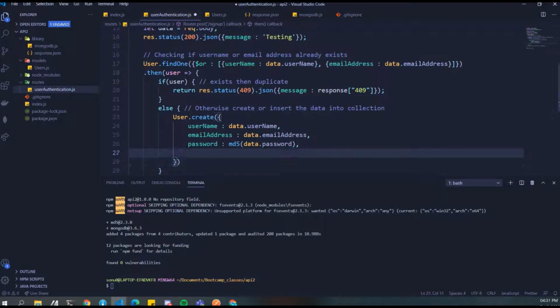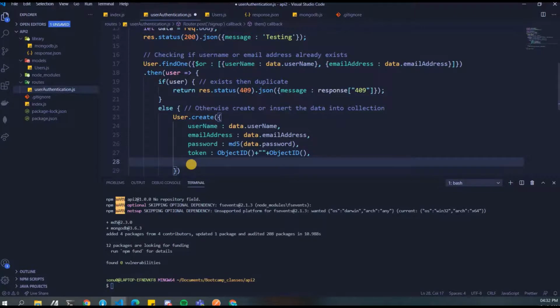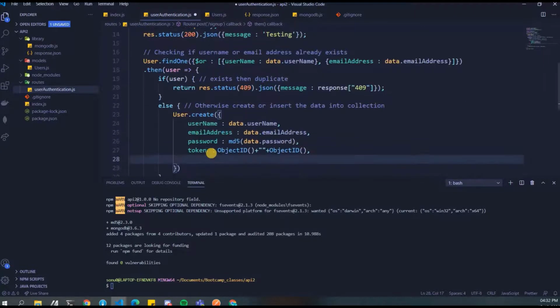And what else do we need, guys? We need a token, right? So how do we generate a token? From that ObjectId model that I got, I'll just write new ObjectId, and we'll store it like this. There'll be a token which is gonna be stored as a random ObjectId generated by MongoDB, and we need to also store a timestamp.